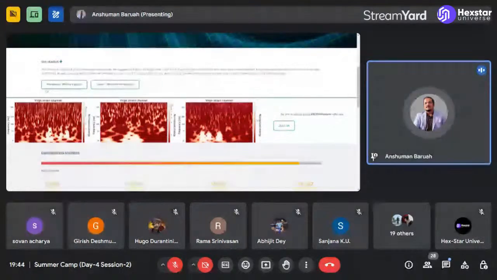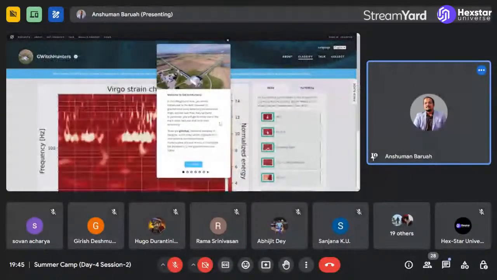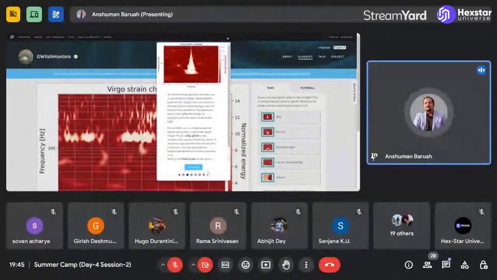So let us first go to the basic tutorial, which is Playground. It explains to you what a glitch is. So at this very first level, you will be taught about glitches. Glitches are what we call transient noise in physics. Transient noise is basically noise that arises from various different kinds of sources. It's the most common type of noise, and it pollutes gravitational wave signals significantly. And this tutorial tells you what the different types of transient noise patterns are that you see in gravitational wave data and how to identify them.